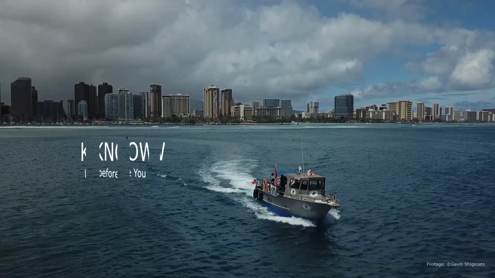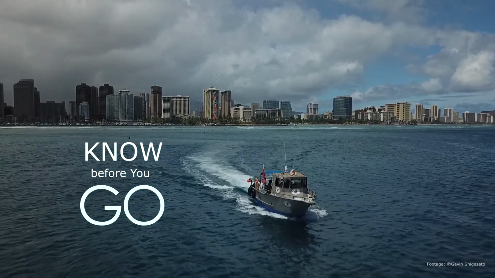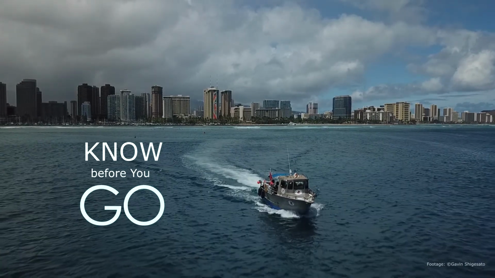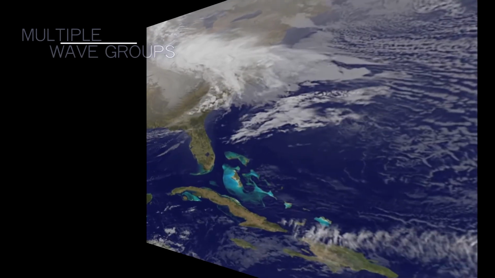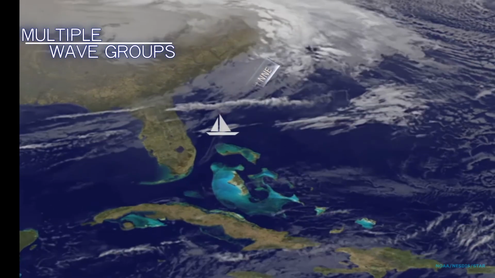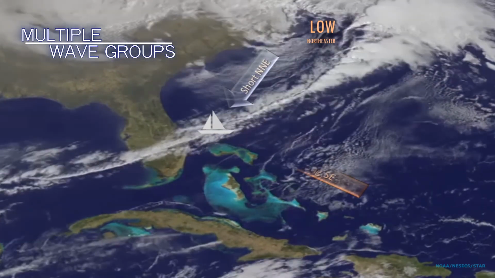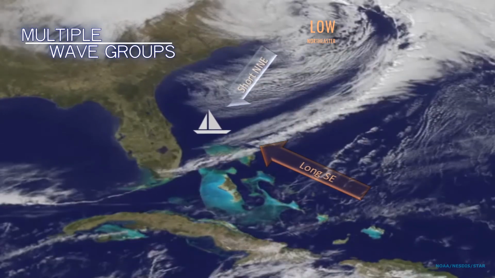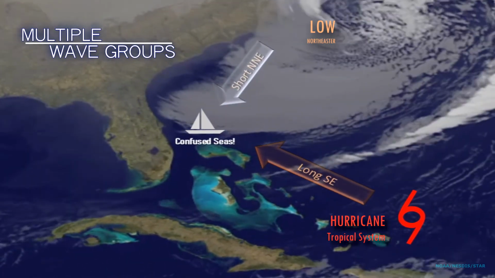Our project strives to break this information down so mariners know exactly what to expect before they venture out in the water. For example, a frequent occurrence on the East Coast in the fall is to have a short or mid-period wave from the north or northeast behind a cold front or associated with a nor'easter, while at the same time having a longer period wave system from the southeast or south associated with a distant tropical system such as